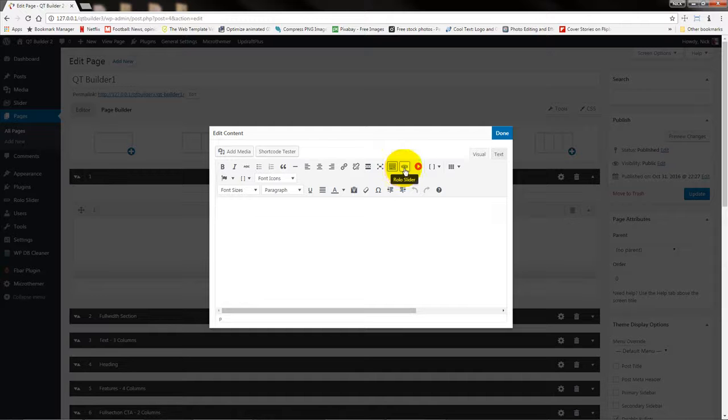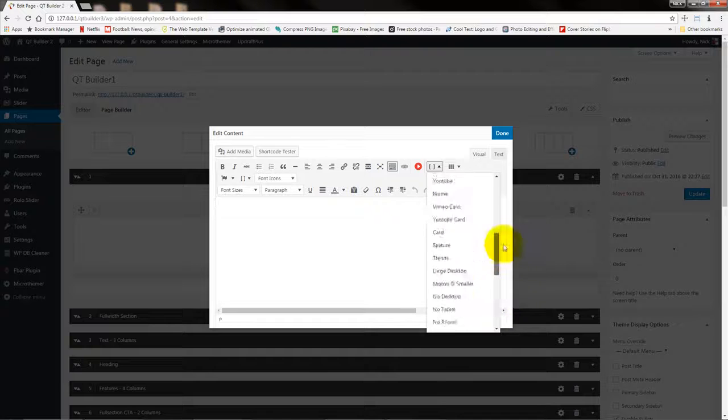You can have simple text, or you can use the theme shortcodes. And this is where the theme shortcodes come in handy, or any other shortcode plugin that you have installed. Just have in mind that some shortcodes don't work. If they're JavaScript enabled, they won't work. And this is also true when it comes to Site Origin and WR page builder as well. So they need to be strictly HTML